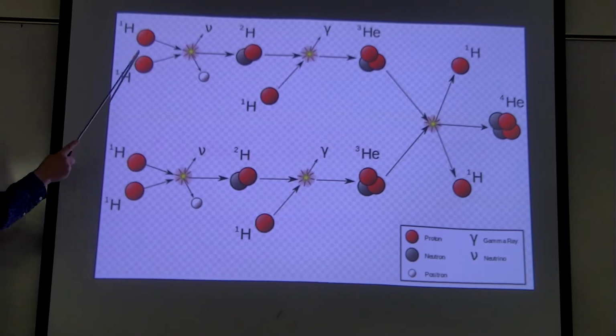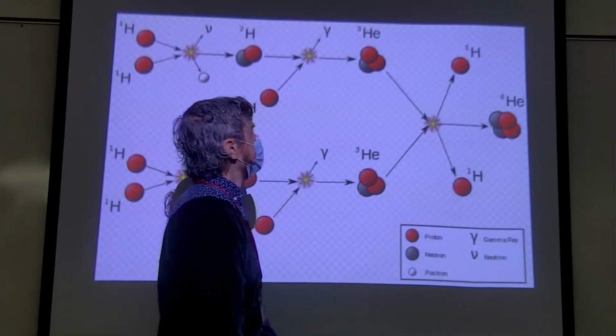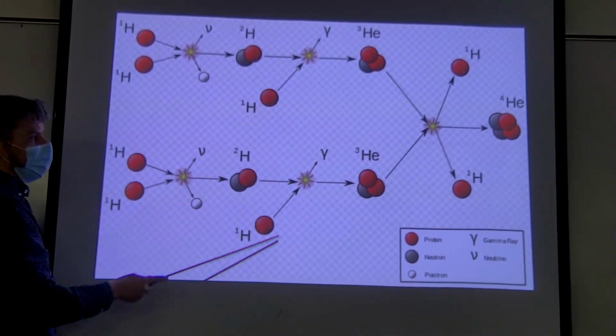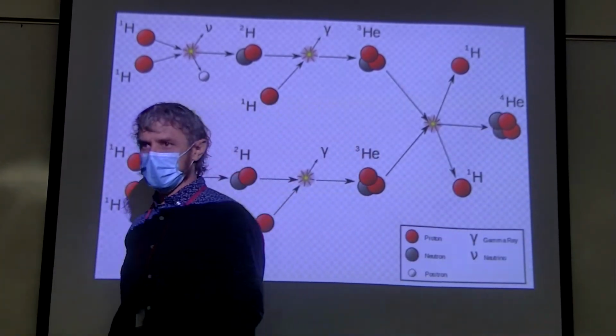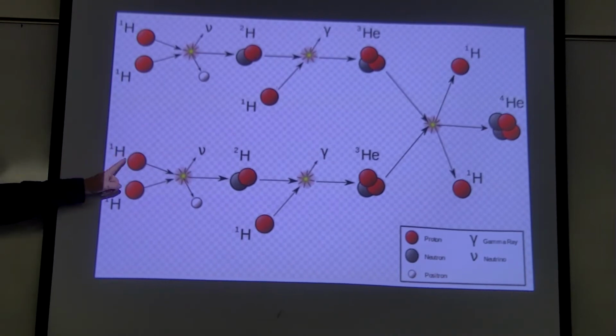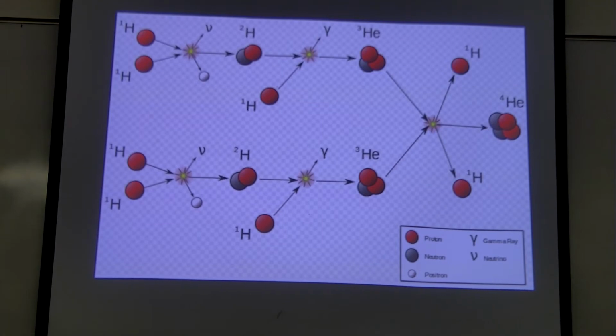Well, it turns out that if you add the masses of these four hydrogens, and these two hydrogens you can just think of as these ones, they came in after the fact. But you compare the mass of the hydrogens to start and the helium nuclei afterward, the mass of the hydrogens before is more than the mass of the helium nuclei that gets spat out at the end. Now, it's not a conversion process. You'll usually hear people say that mass is converted to energy, but it's more complicated than that. But essentially, you take the mass and you liberate it in the form of electromagnetic radiation via an equation that you might have heard about.